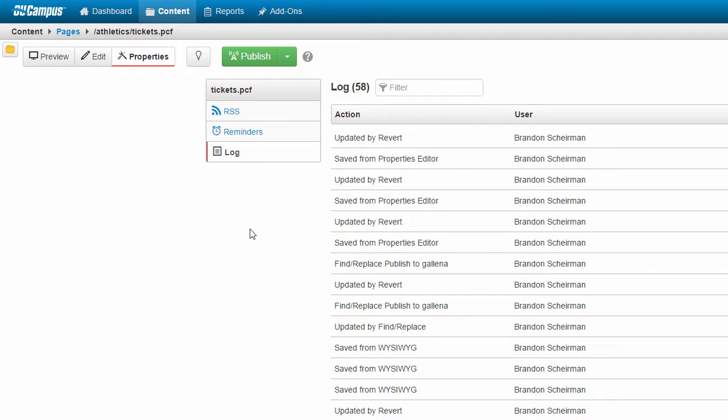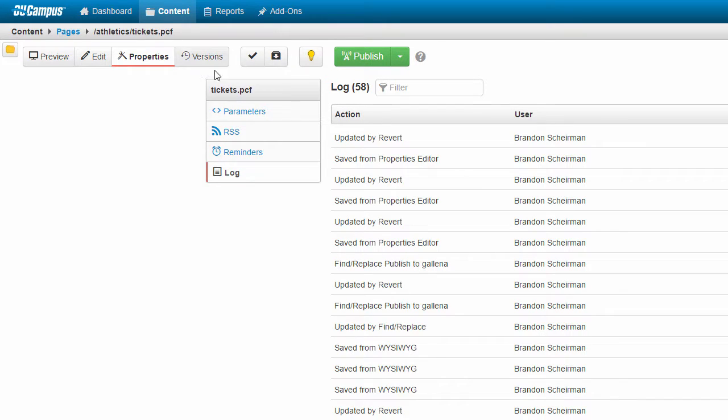As you can see from the left-hand side of the screen, the page properties actually contains several different menu options. The log, which we're viewing now, reminders, which will be the subject of our next video, and also RSS in case we want to make an RSS item for this page. However, when I click on my light bulb icon to check the page out, another option will appear. This option is called Parameters, and this is where we actually get to modify the different configuration options for the